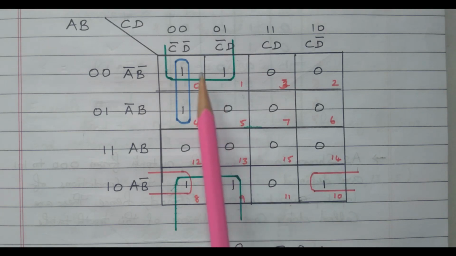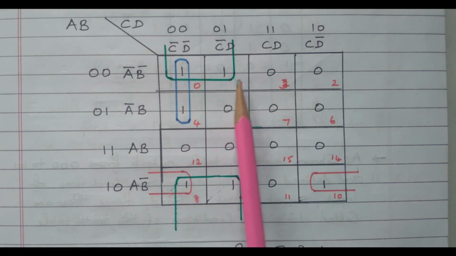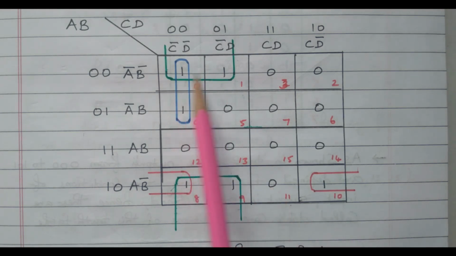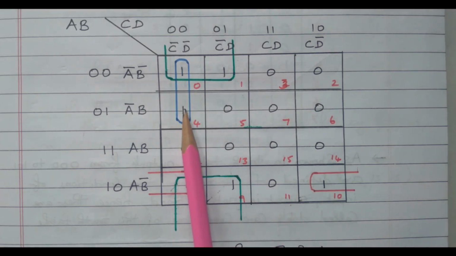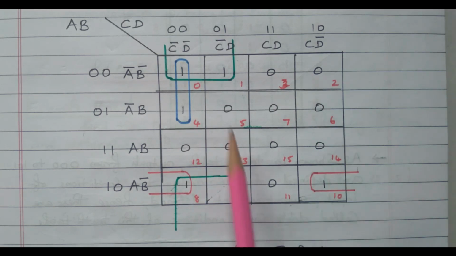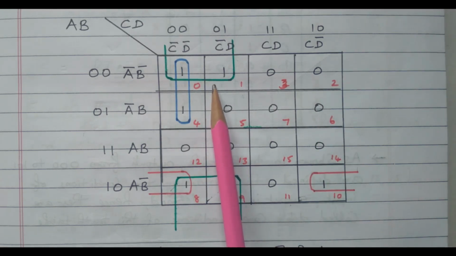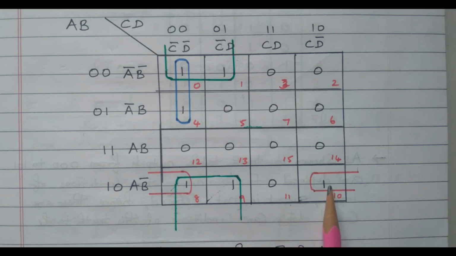So I will explain again. There are 6 terms available: 0, 1, 4, 8, 9 and 10. So these two ones and these two ones are grouped together. Grouping of 4 cells, top and bottom. These two and these two are grouped together, so that we are grouping 4 cells, referring to the top and bottom. Similarly, these two ones are grouped together, right and left corners. Then these two ones are also grouped together. So there are 3 groups available: the green color line group of 4 cells, the red color line group of 2 cells, and the blue color line